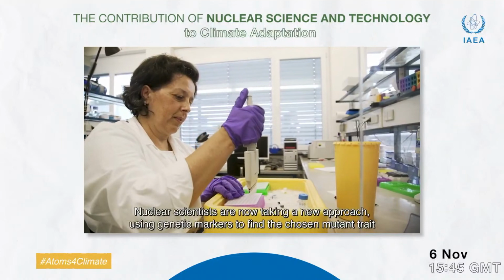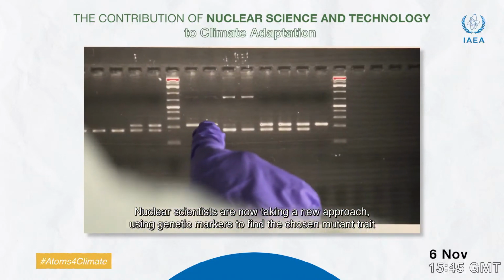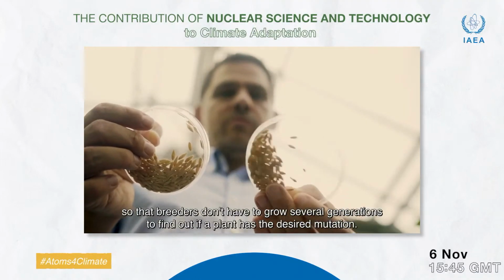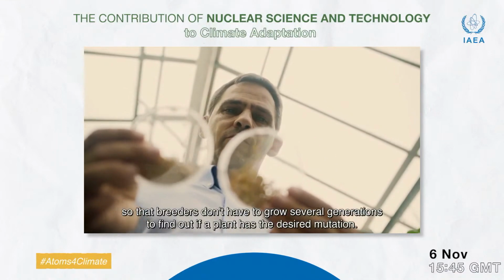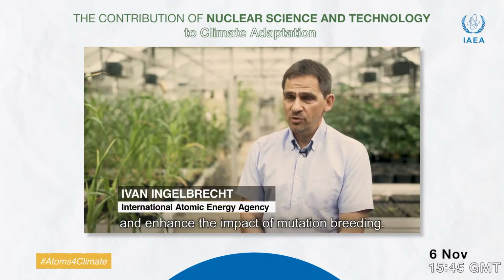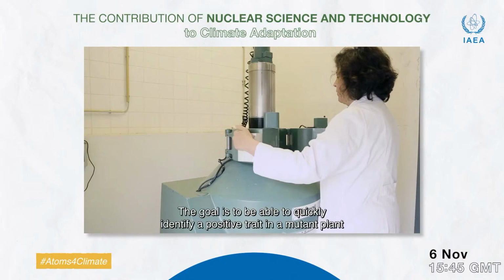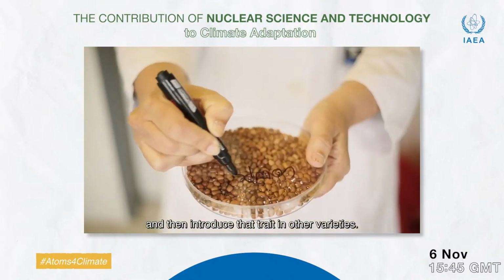Nuclear scientists are now taking a new approach, using genetic markers to find the chosen mutant trait, so that breeders don't have to grow several generations to find out if a plant has the desired mutation. So it's something that can accelerate and enhance the impact of mutation breeding. The goal is to be able to quickly identify a positive trait in a mutant plant and then introduce that